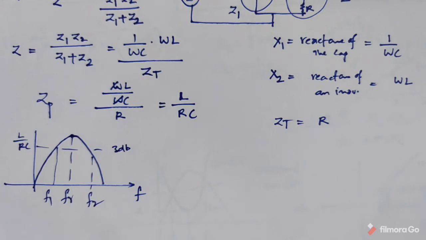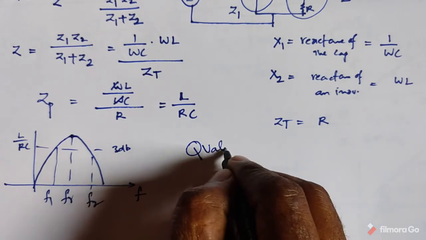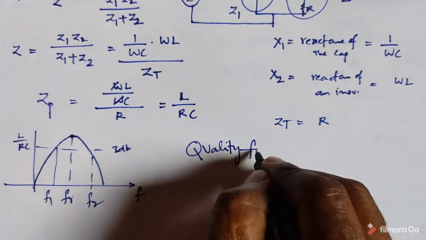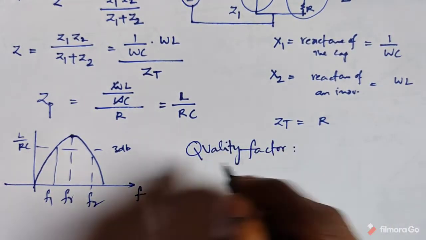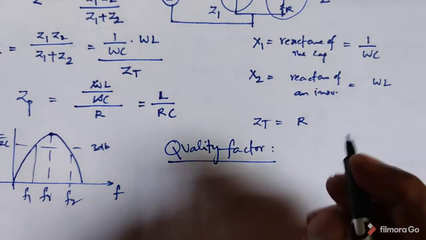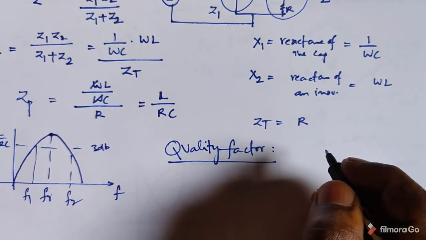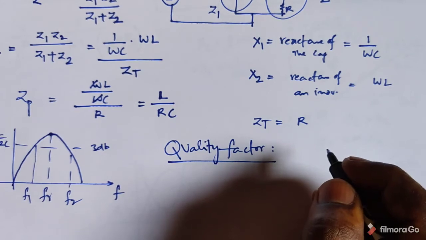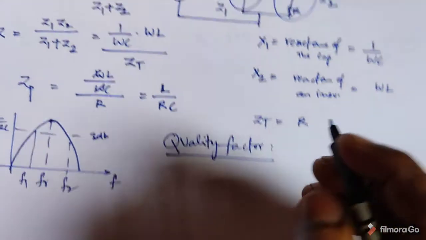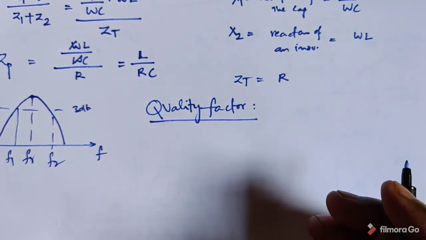Okay, now we can calculate another quantity, the quality factor. The quality factor is defined as the ratio of reactance to resistance, and it is a unitless parameter. The higher the value of Q, the lower the losses in the inductor. That is another representation of this. Quality factor is also defined as the measure of efficiency with which an inductor can store energy.